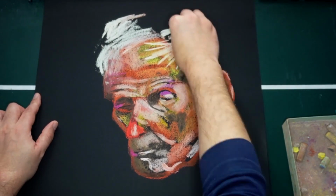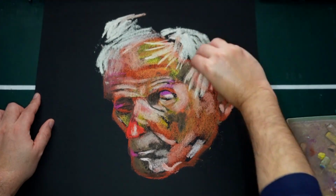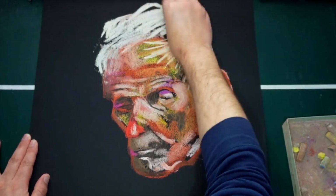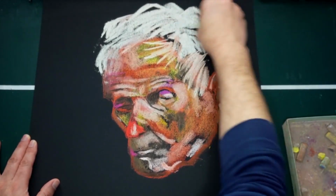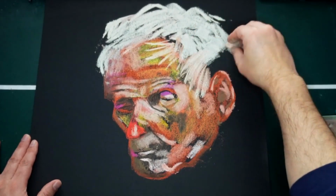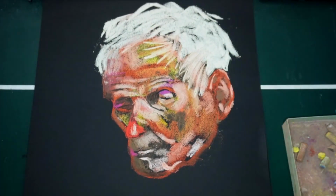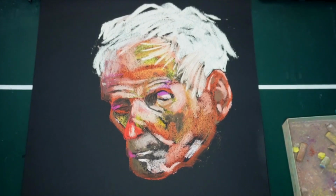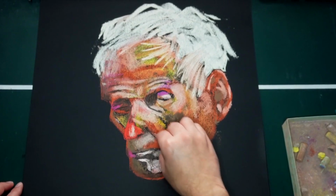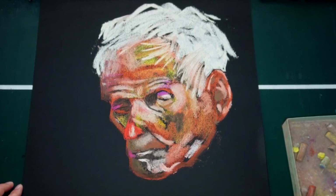And I really do like how this face is described, because there are certain colours that help it along, like the yellow now reads as a green because it's combined with the, well, it's not combined with the blue actually, but it's sat on top of the black, which I can imagine a lot of the time has blue in it. So I can imagine this paper, if you could look at it through a certain light source, it would probably show that the paper has some blue to that black, and it's quite a cool blue. And that's probably what makes the yellow read as a green at the moment,